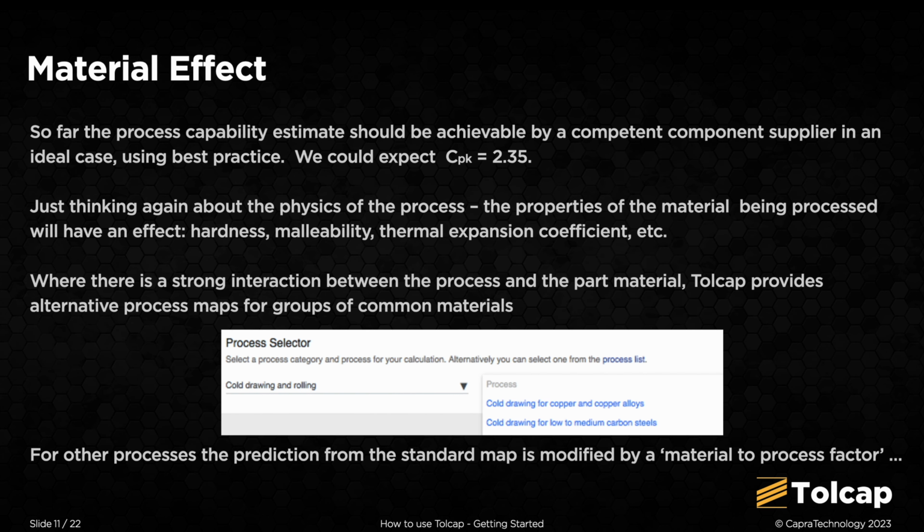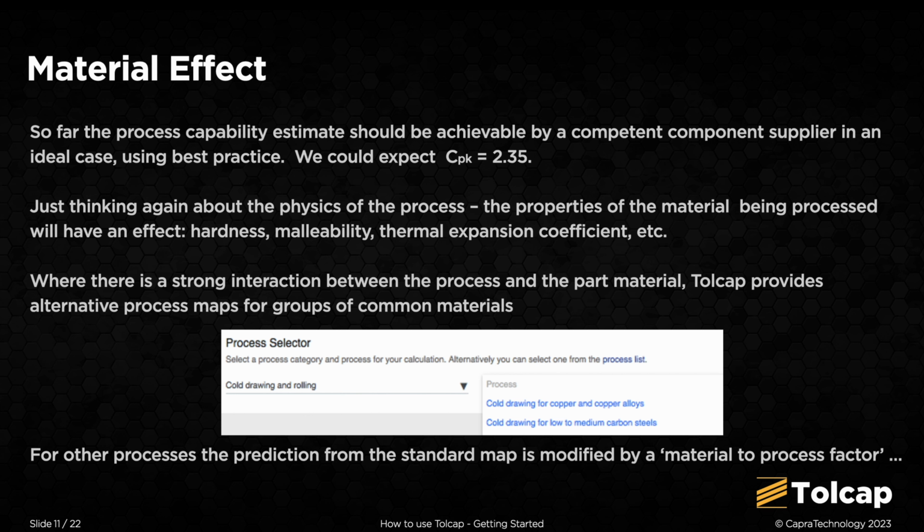So far, the process capability estimate is for the best a competent supplier should achieve in the ideal case. But just thinking again about the physics of the process, the properties of the material being processed will have an effect. Its hardness, malleability, thermal expansion coefficient, and so forth. Where there is a strong interaction between the process and the part material, TOLCAP provides alternative process maps for groups